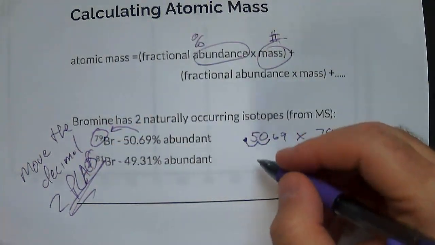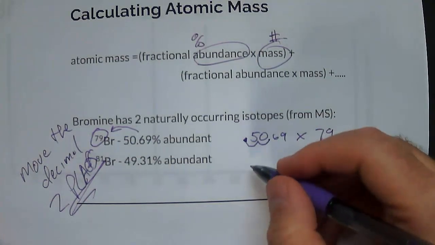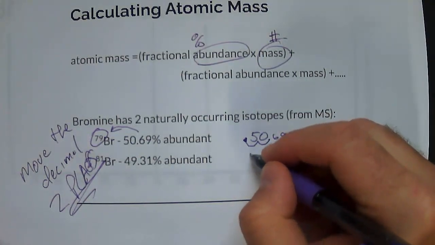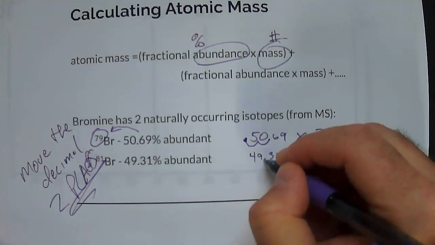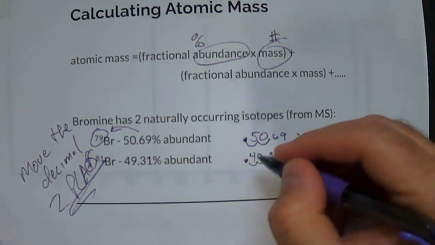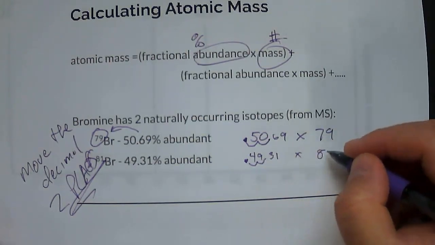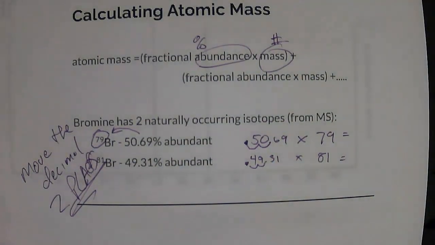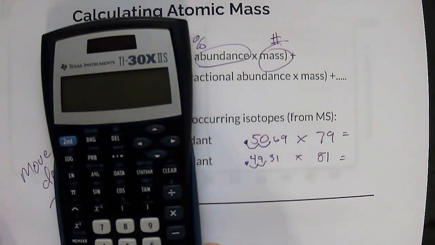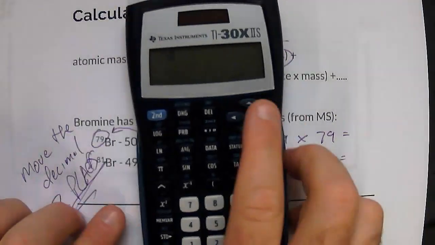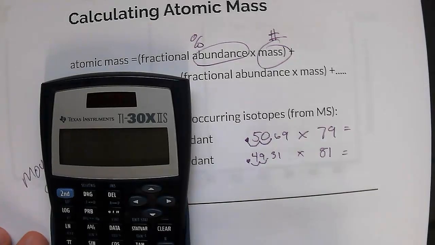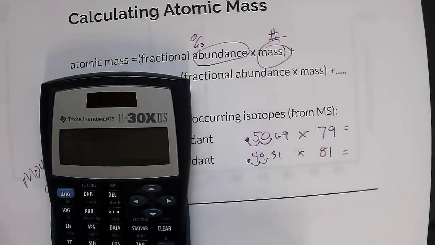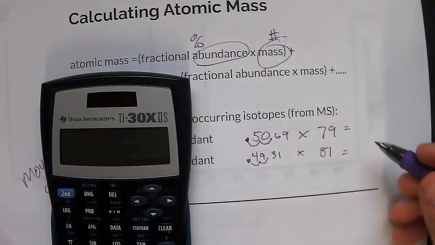Okay, we're going to do the same thing here. The abundance, 49.31, but move the decimal 2 places, so we get 0.4931 times the mass. Okay, we break out our calculator, and let's make sure that you can see it. So we'll do 0.5069 times 79, and we get